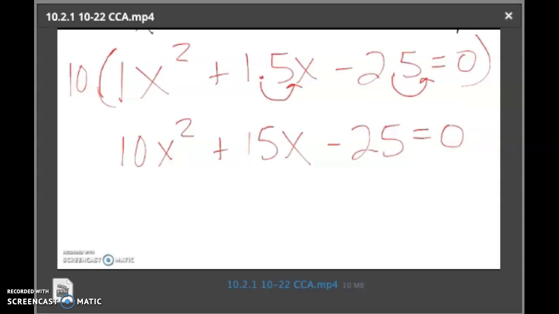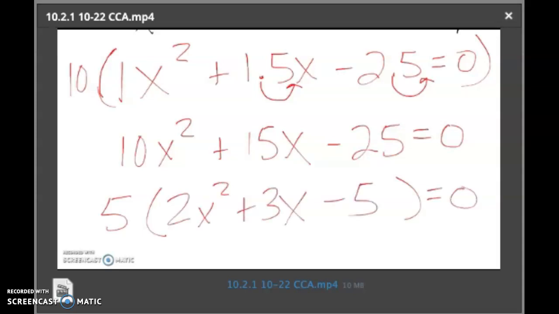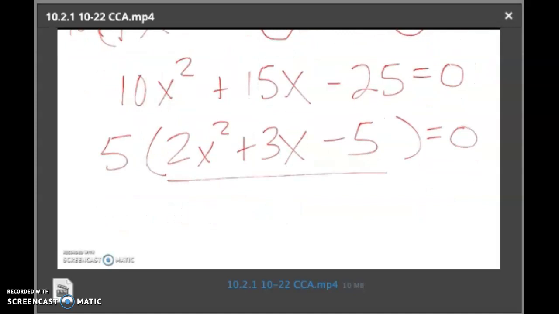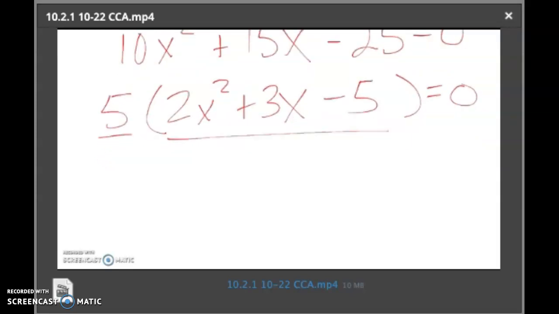I'm noticing that every one of these terms has the same factor that goes into each of the terms. I know 5 goes into every term, so I'm going to factor out a 5. That leaves me with 2x squared plus 3x minus 5. Then I just need to factor this piece of it, and at the end, add in that 5 I took out. Okay, so using my generic rectangle diamond for this part of it,